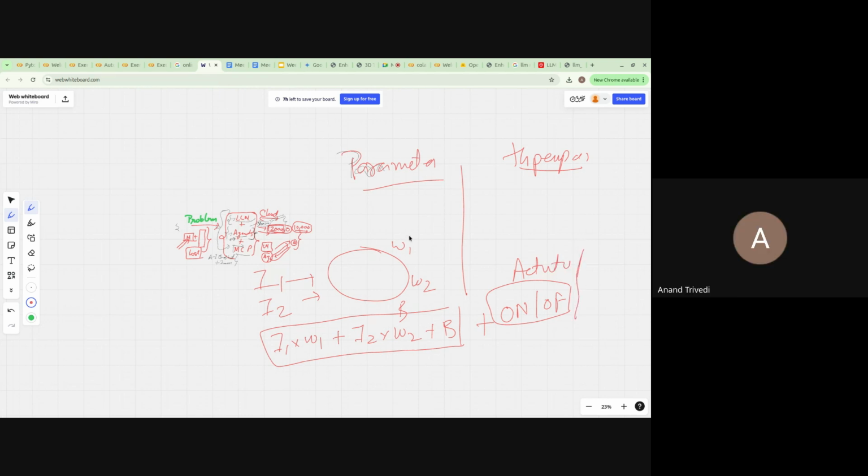It is not that it can have just two weights. It can have multiple weights, and a particular neuron will have a predefined number of weights.